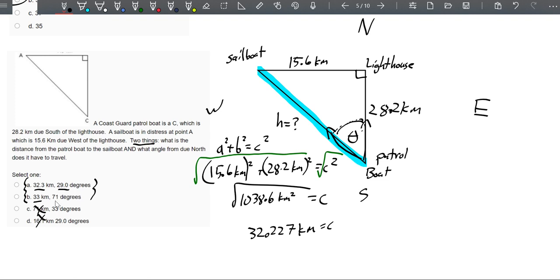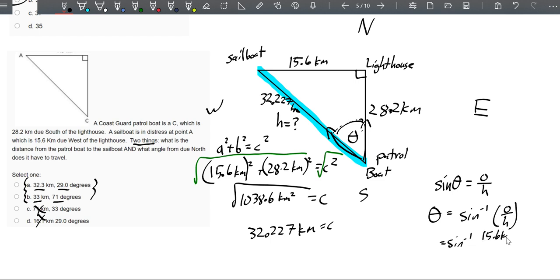So let's go for the angle, because these two angles, 29 and 71, are pretty different, so we'll be able to tell right away. For the angle here, we've got opposite, adjacent, and hypotenuse now, because we know this is 32.227 kilometers. We can choose any ratio we like. I'll choose sine. We could do tan to get our angle without finding the hypotenuse, but we'll do sine, just because I like it. So sine theta is opposite over hypotenuse. I'm looking for my angle, which means I take the inverse sine of opposite over hypotenuse, which is the inverse sine of 15.6 over 32.2. And if I take 15.6 over 32.2, I get about 0.48. And if I take the